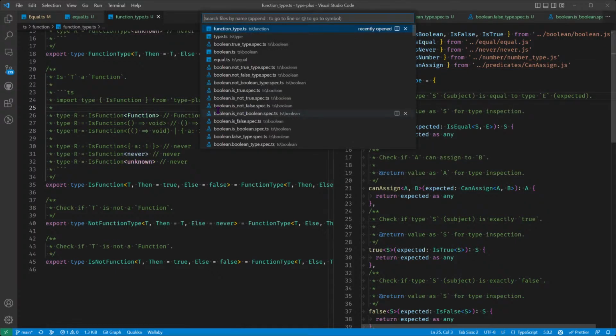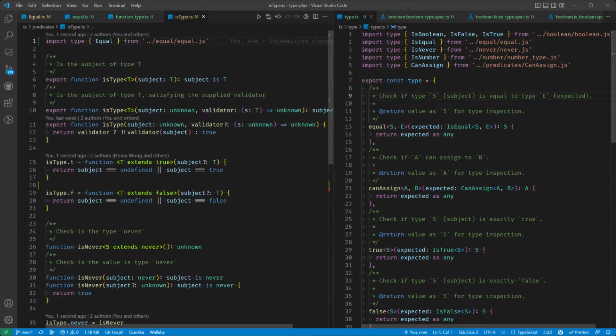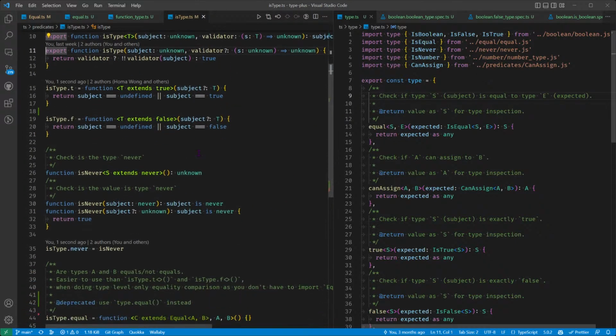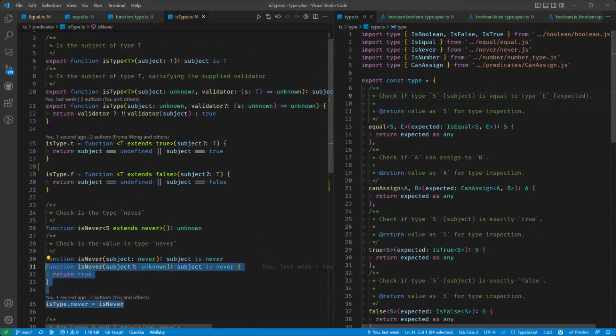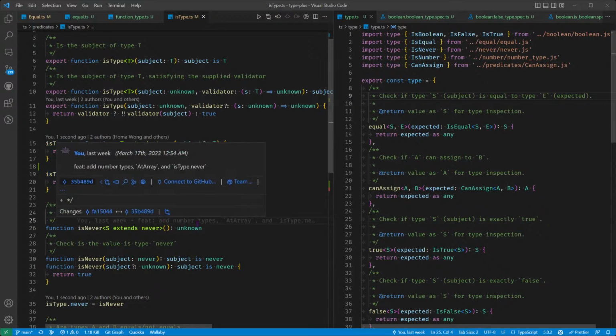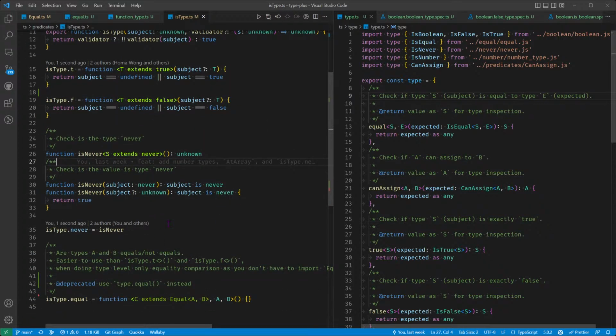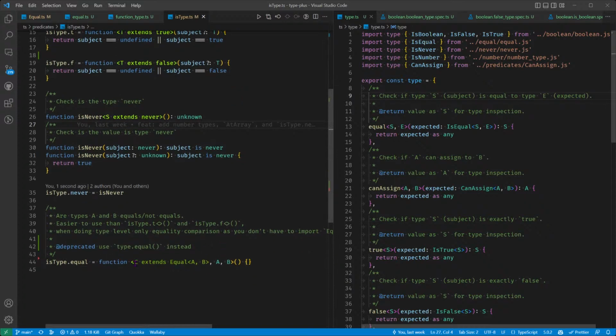In previous versions, I have this is type function that I use to do the equality check, and then also you have this is never, and also this true and false, right? But what I find out as I'm doing this is there are some limitations on this. And especially, well, for this one, it's actually the same. The mechanism to do the comparison is the same. It's doing this is equal and all that. And the difference